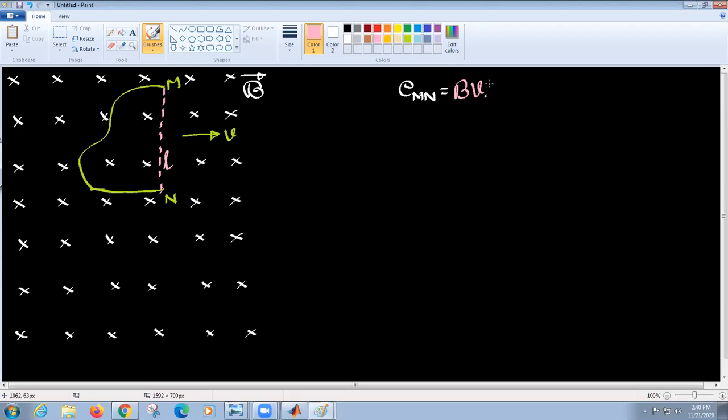Sir, here I'm assuming that at the end the line is in the cos theta direction, and near M also it is in the cos theta direction. But from there downward we are getting the length L, sir. We are getting some angles from M to N. Okay, fine. So basically the length is L. Good. So let me go according to your lines, but in a different way. Sir, or else you can do integration by taking dL. Yeah, of course, I can also take integration.